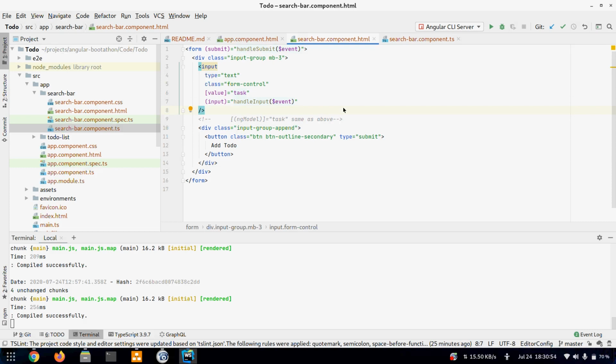Okay, so till now any issues with anyone or any doubts? No, not yet. It's compiling.